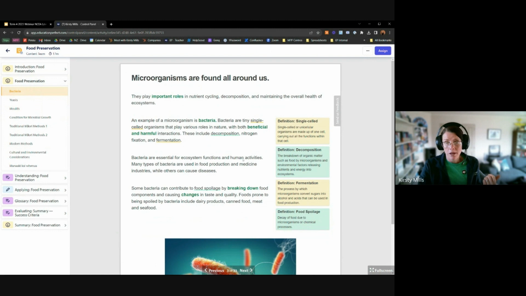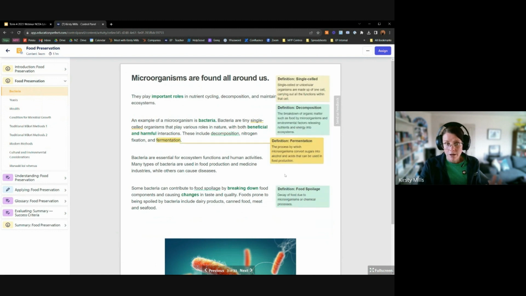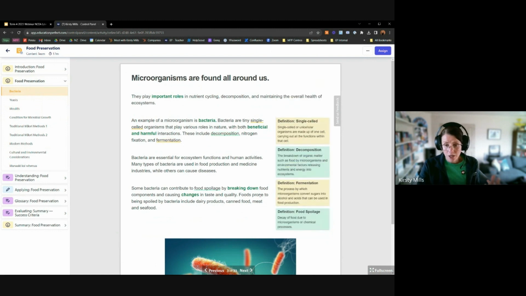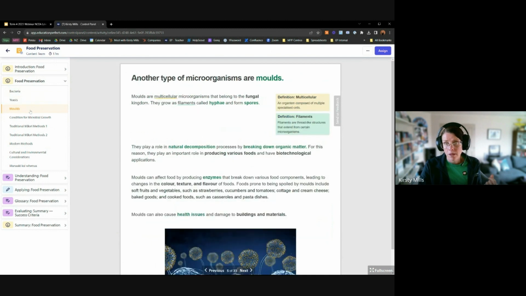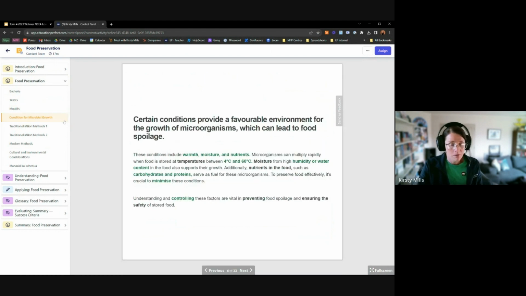So a whole slide just on bacteria, definitions and modes of action, yeast, and molds. And so we'll be highlighting in this lesson, for example, the unique features of the cells that make up bacteria, yeast, and molds, and also how they are both harmful and beneficial,